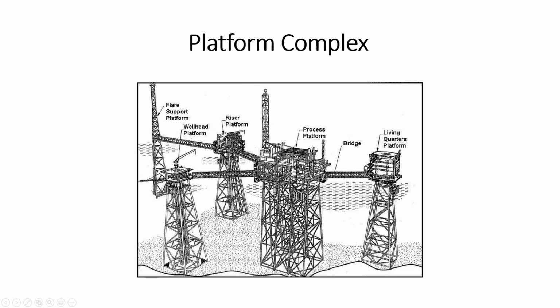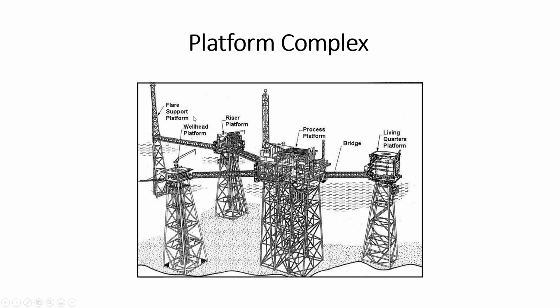Here you have the wellhead platform, riser platform, process, living quarters, and all the platforms, which are connected through linking bridges. If you see the flare support platform, the bridge is very long here because there will be heat radiation. For that there is a minimum criterion in API RP 2A and subsequent codes. In order to achieve that, they have to keep a certain distance away from any of the other platforms. That is the reason we have a very long bridge here.